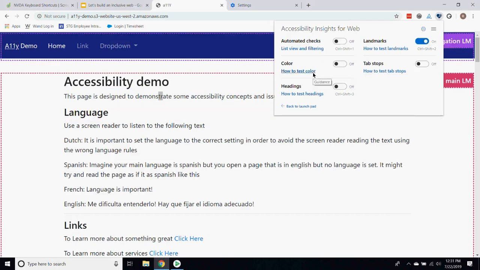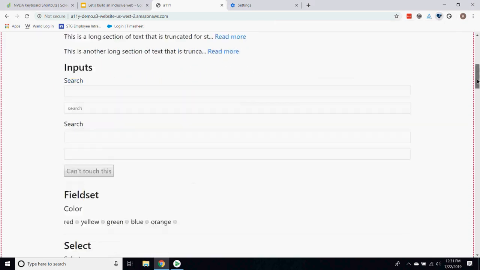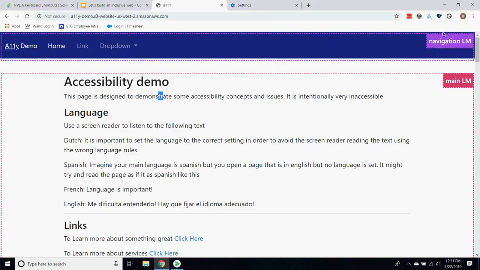And then landmarks are another thing that people can use to navigate through your website. In HTML, you have the header landmark, you have main, the footer. There are a couple of different ones as well. This just shows where they are, and that's a way that someone might be able to navigate through your website